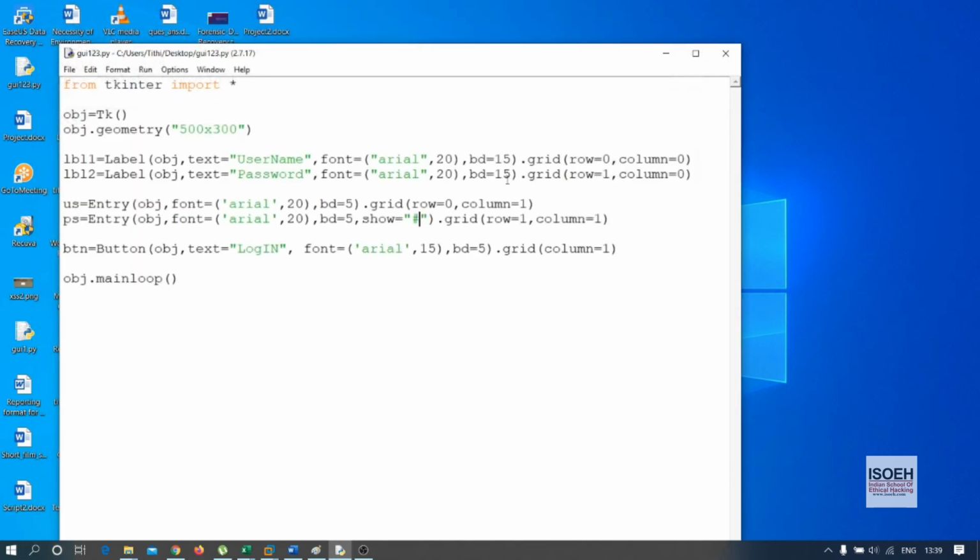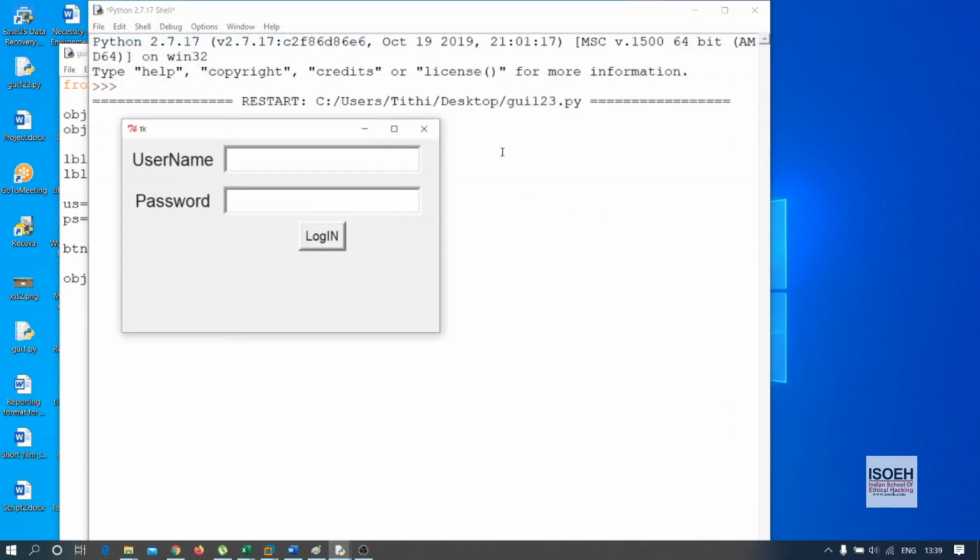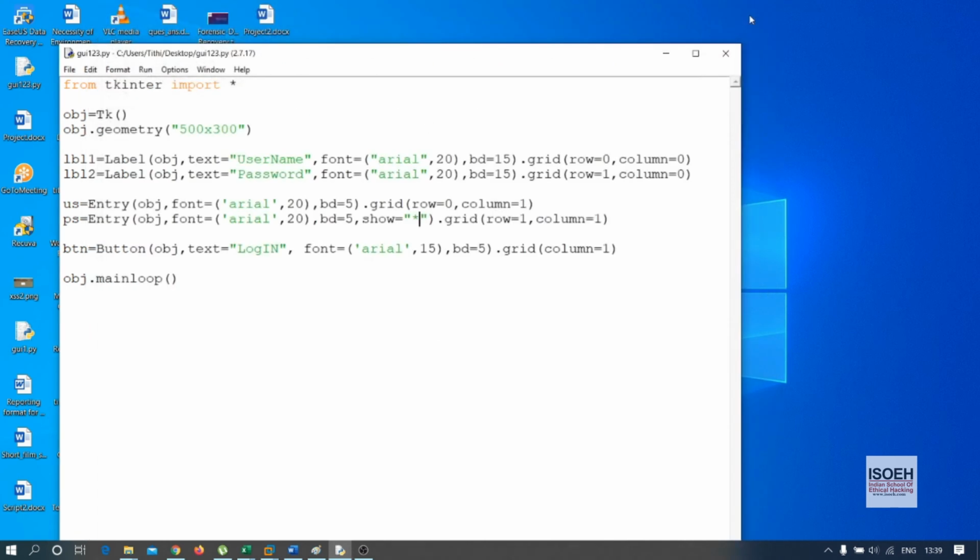So star is the better thing for displaying to the user. Now for username it is okay because I haven't used the show parameter in the user entry field, but in this section I've used that, so it is now coming. This is the login button. This is the main graphical frame.